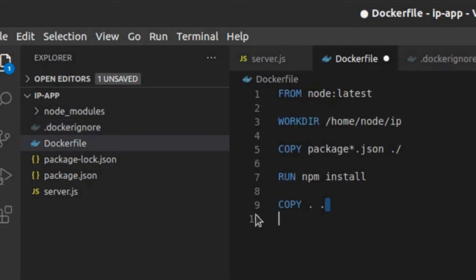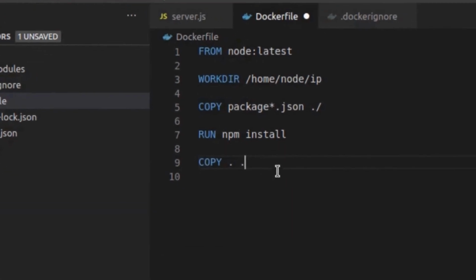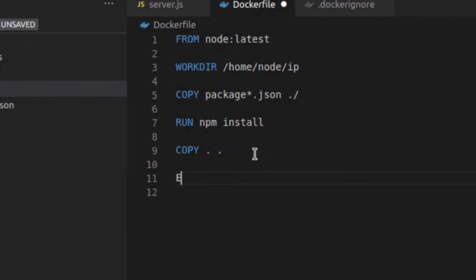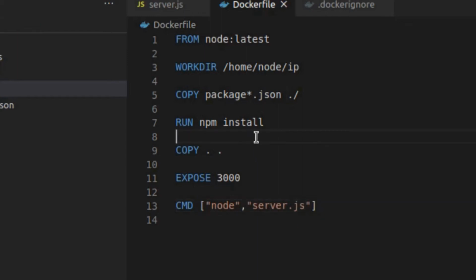So the next step would be to expose a port, and by this we are basically saying that the containers will be having this publishable port. Since we listen in our node app at the port number 3000, I'll just go with EXPOSE 3000. And the last thing that we are gonna do is the command that we should be doing while starting the container, so that when the container starts, the node app will be running inside it. So that's it. We are done with our Docker file, and the next step is to build it.